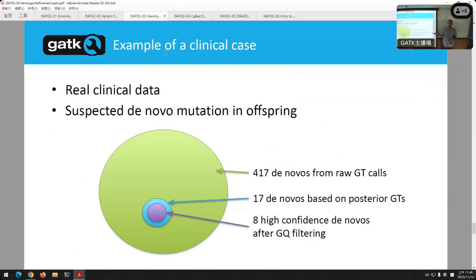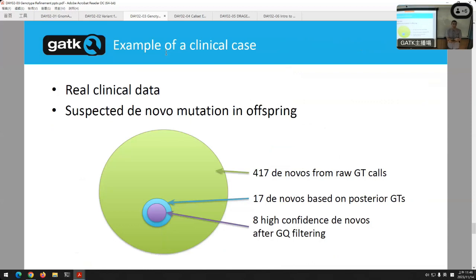When you first made your call set, you have about 3 million, 4 million SNPs and indels in there, and about 417 of them were pretty high confidence, what looked like de novo mutations. Now again, we're expecting 20, 25, maybe 30. So we refined the genotypes, like I showed you, and we're down to 17. That's very good. When you go down to filtering on genotype quality, and for de novos often you might even want a Q60,